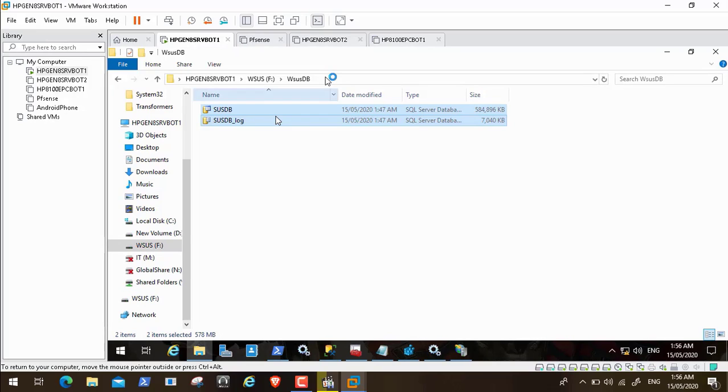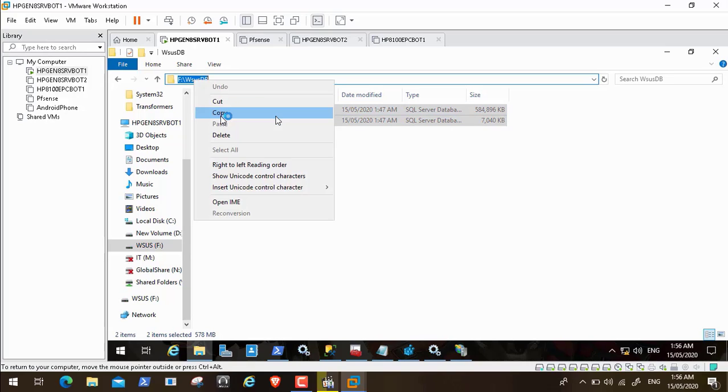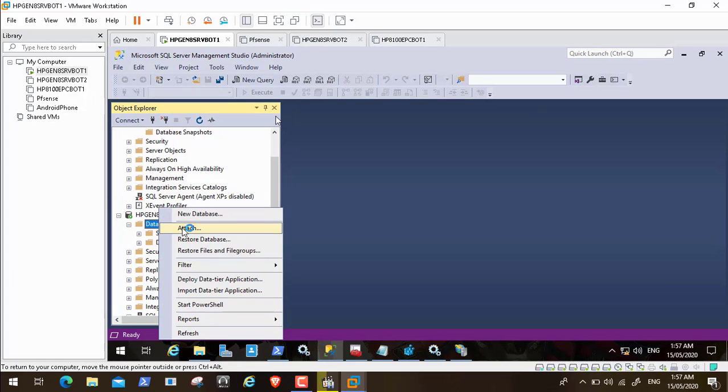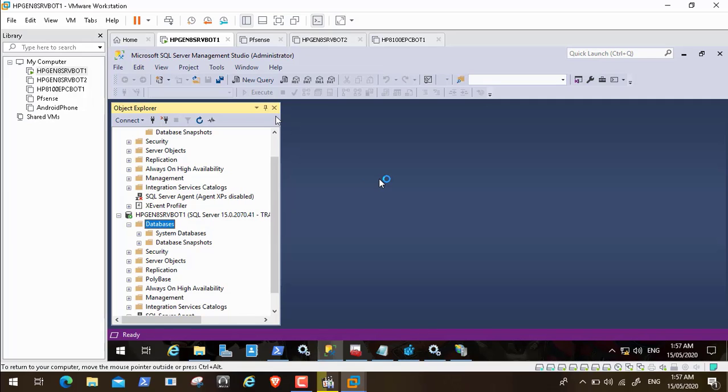Here we will take the location of the two files of the WSUS database. We will tell our SQL Management Studio, or our SQL server, that this is the new location of your WSUS database. We go to the databases and attach this database to it. So here we have migrated our WSUS database from the Windows Internal Database, and